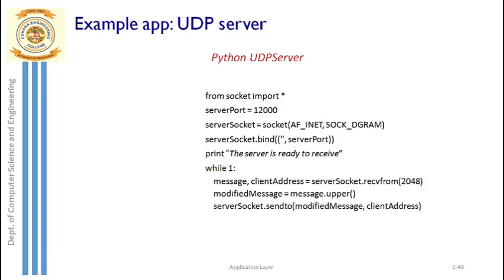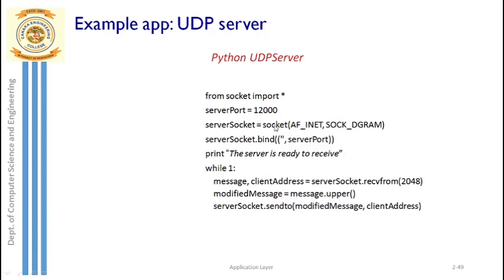So you are writing a program at the UDP server side as well. The same package is imported, socket. Without this, here at the server side also, a socket cannot be created. So first you import this package. Now at the server side, what is the port address that you're going to use? At the server side, you need a door. So that door's port number is nothing but 12,000. The same port number, remember, we have used at the client side also. Don't mismatch that. So the server port number is 12,000.